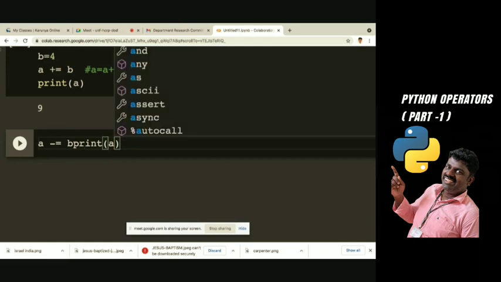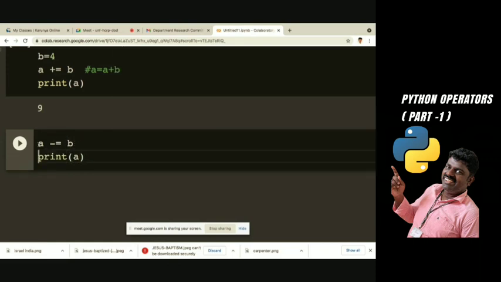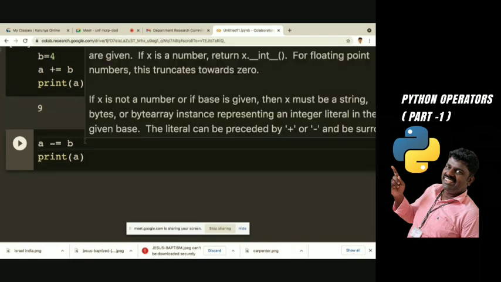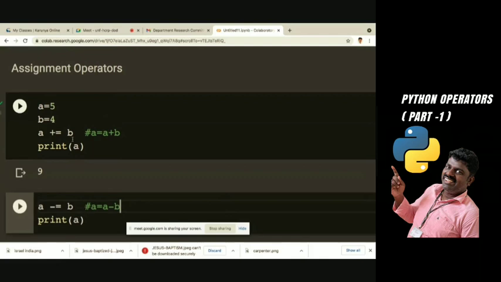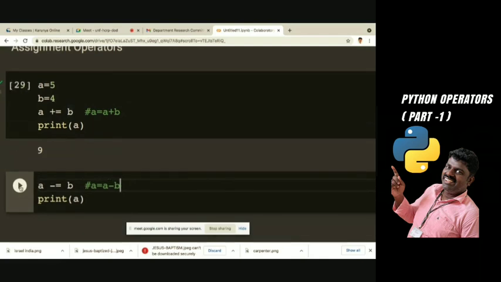What is the meaning of this? A equal to A minus B. A minus B means already A is 5 and then B is 4.